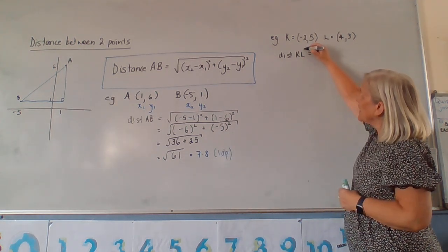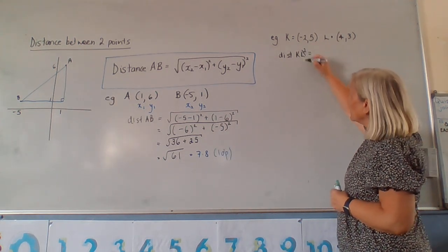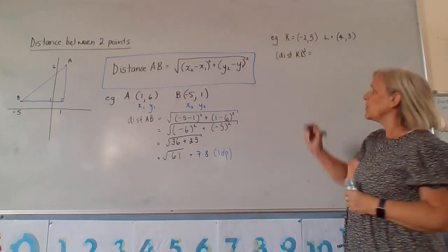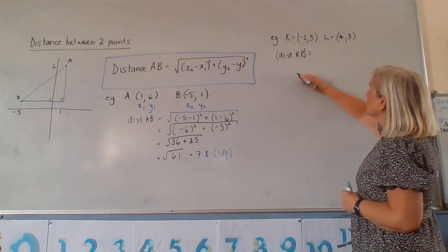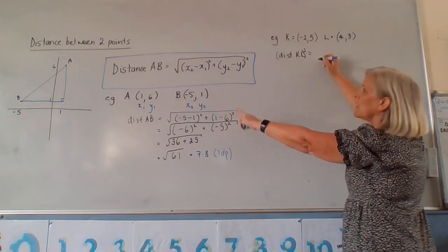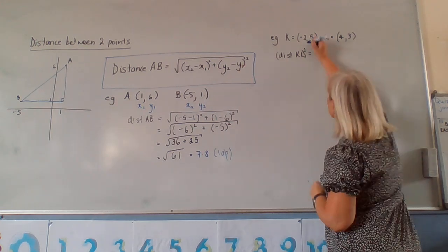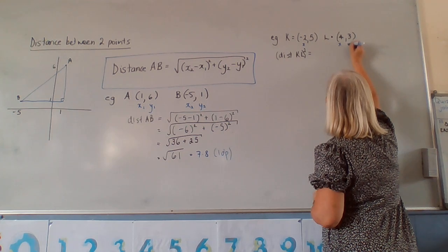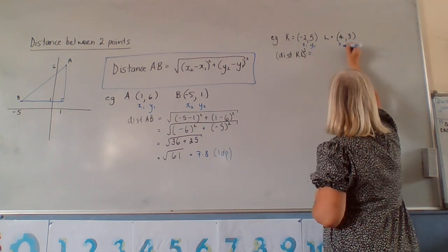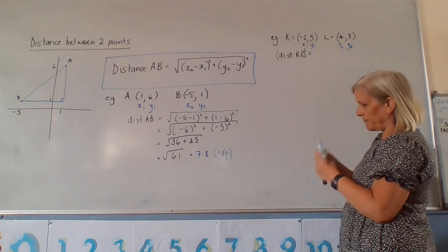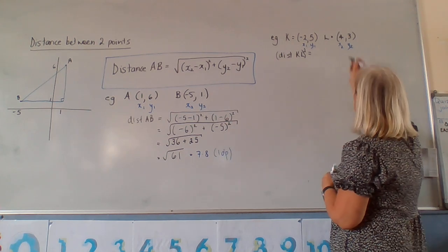The distance of KL squared, and then we don't have to write the square root everywhere, is, now, going from the beginning, I'm going to label them first, so I know which is which. This is x, this is x, this is y, this is y, this is 1, this is 2. Okay. Right, x2, 4